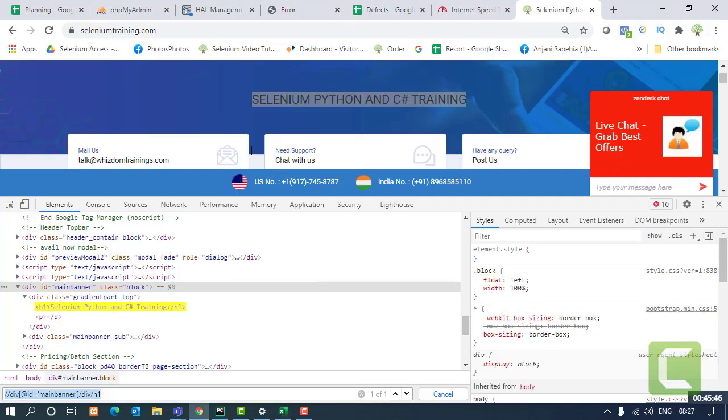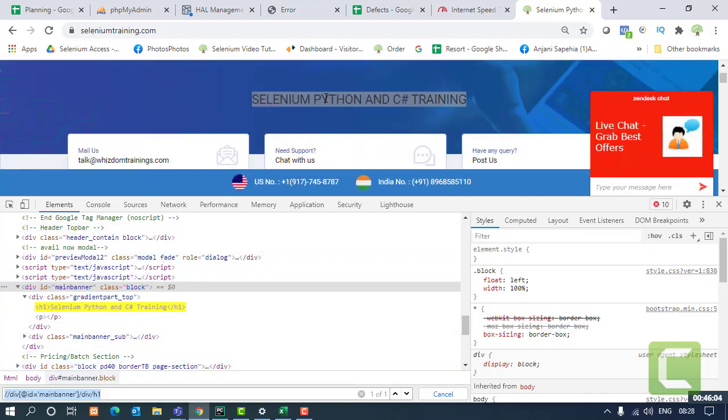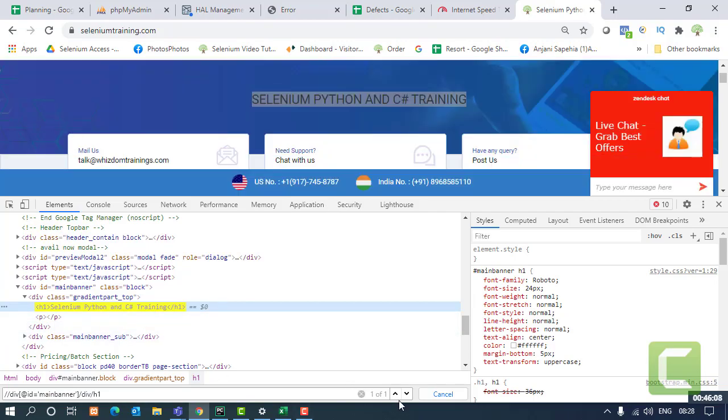But it's not compulsory that you always have to make the XPath on your own. There are simple elements, and for those you can just copy the XPath and simply use it. For that, you just need to look for that element on the page. It will get highlighted like this.